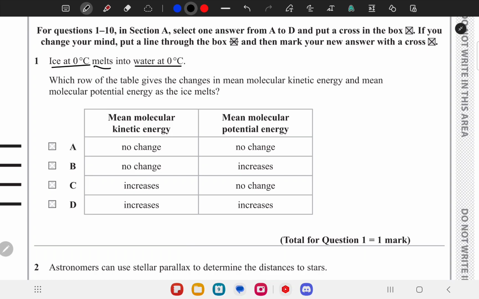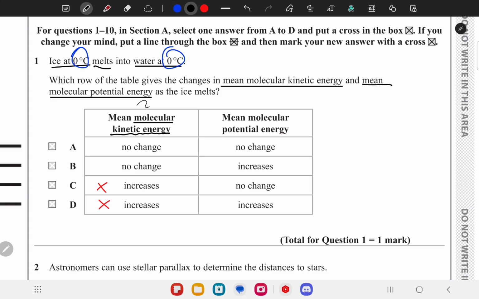We have to choose which row from the table containing the mean molecular kinetic energy and the mean molecular potential energy change is correct. Now, since the temperature before and after melting is the same, the molecular kinetic energy will remain the same. So, C and D are not our answers,